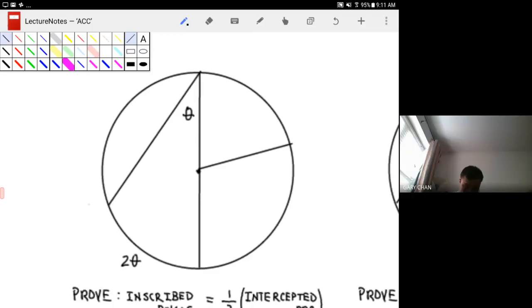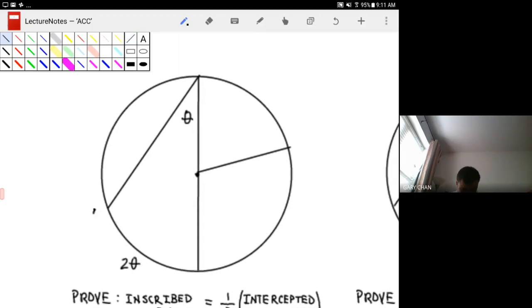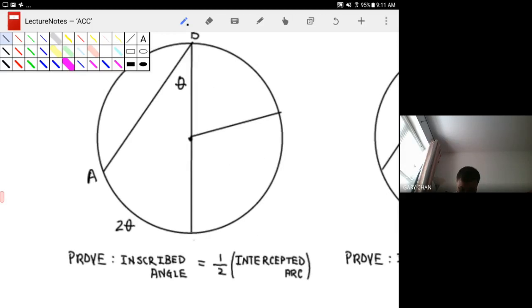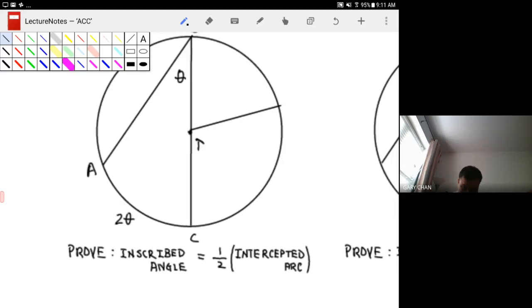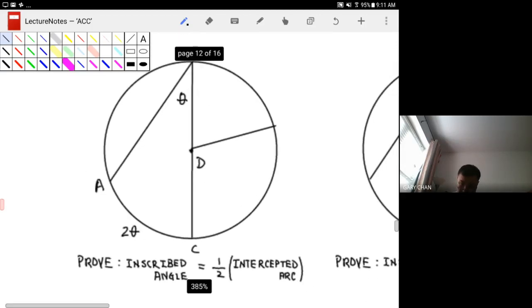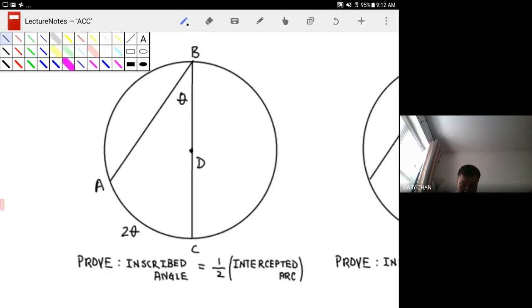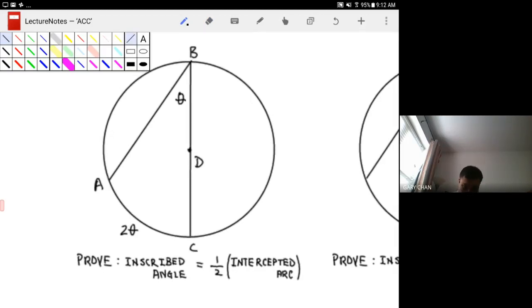So look, let's give these things some names, shall we? Let's call this point right here A. This point right there is B. And this point right here, C. In the center, we'll call that D. Okay. Having that, Sasha is suggesting to connect the point on the left, point A here, to the center. I totally agree with that. That would be an excellent choice to begin. Why is that